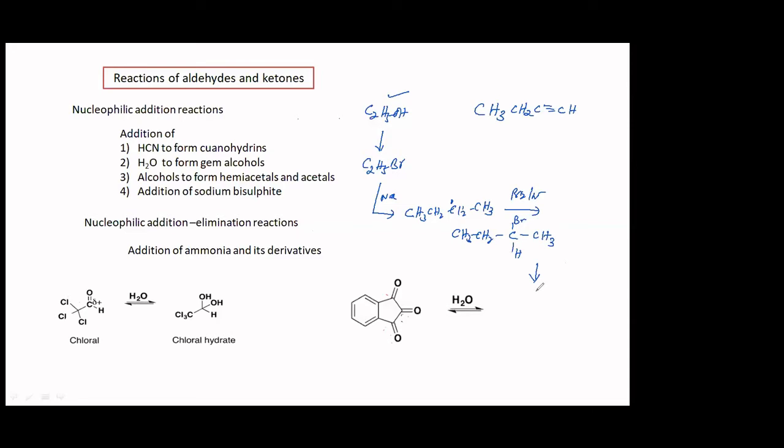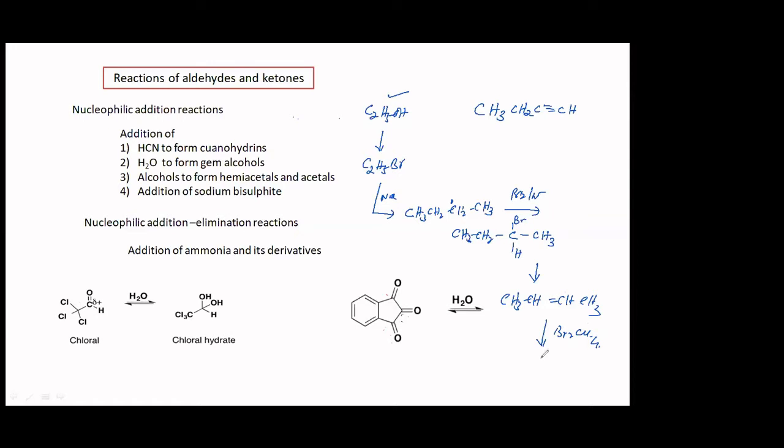So in that case, for butane, somehow you have to get there. If you do dehydrohalogenation, you will get CH3, CH, double bond CH, CH3. Now you have to add Br2 in CCl4. You will get vicinal dihalide, right? When you do that, you are going to get only Br and Br. So you will get vicinal dihalide.